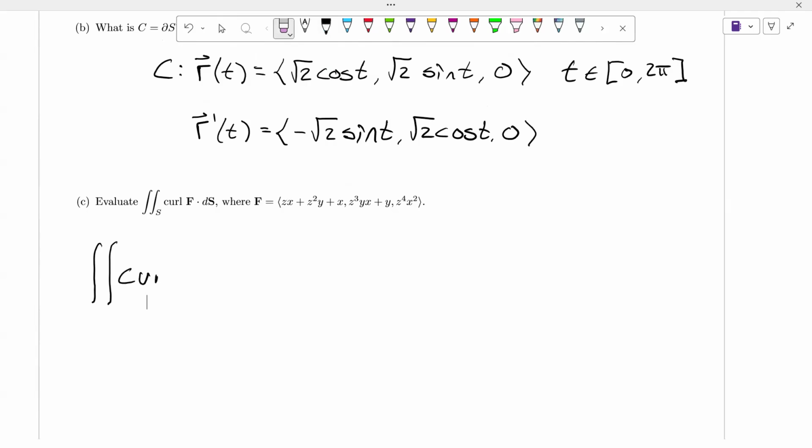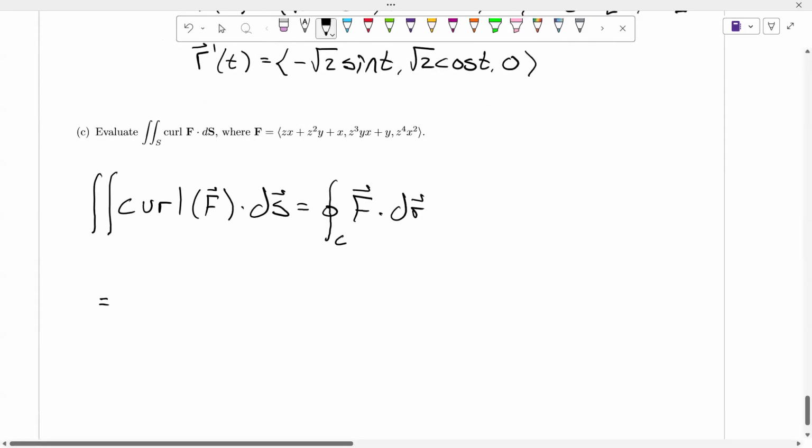Instead, use Stokes' theorem to say that curl F dot dS is equal to the closed loop integral around the boundary curve of that surface of F dot dr, which is going to be,